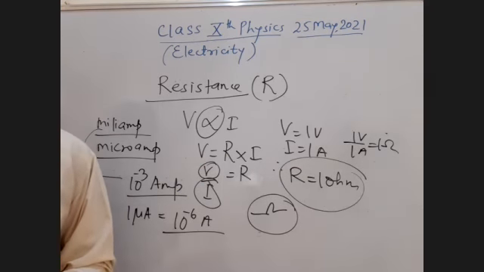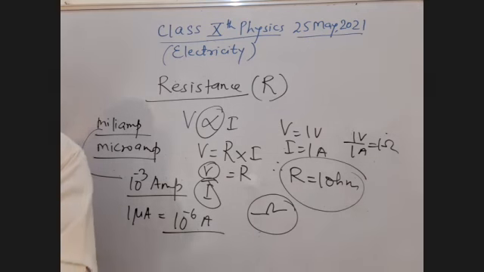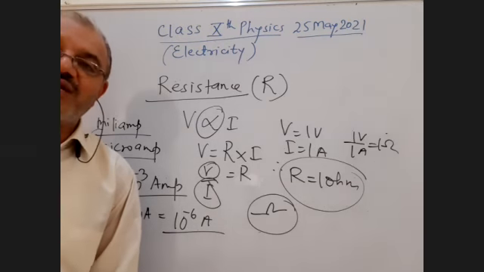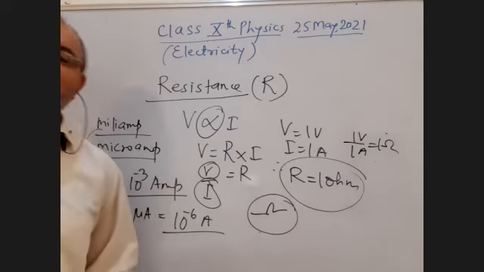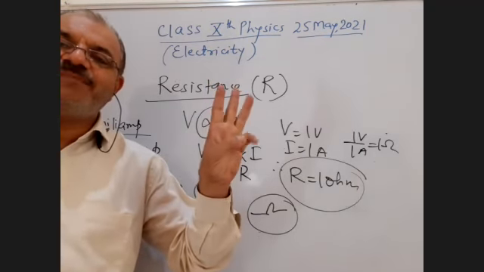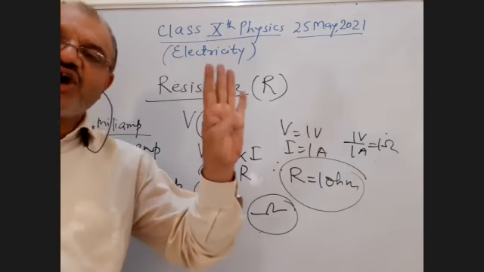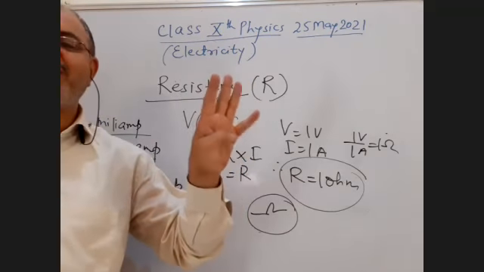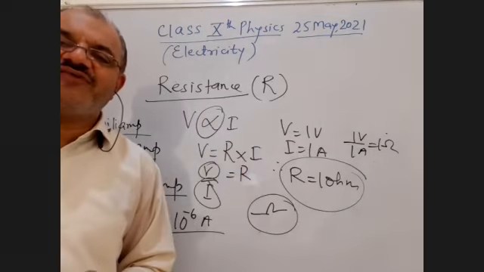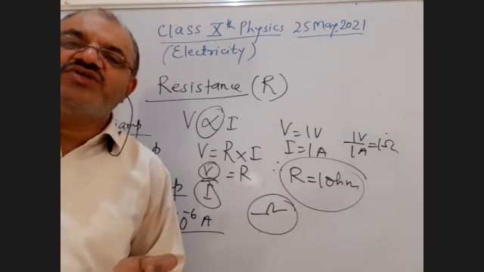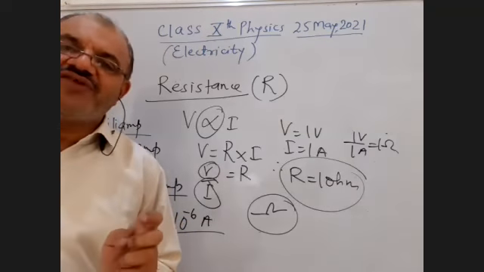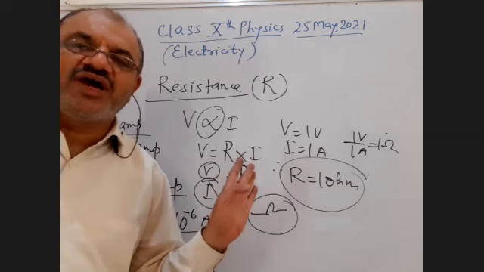Clear, students? The next term which I'm going to discuss: after Ohm's law, I also explained the resistance of the conductors. The resistance of the conductor depends on length, area of cross section, and temperature, and the nature of the material of the conductor. These are the 4 factors on which the resistance of a conductor depends, and I already explained the formula: R is equal to rho into L by A. Very, very important formula, where rho is the resistivity. I'll write down the formula. Please note down.